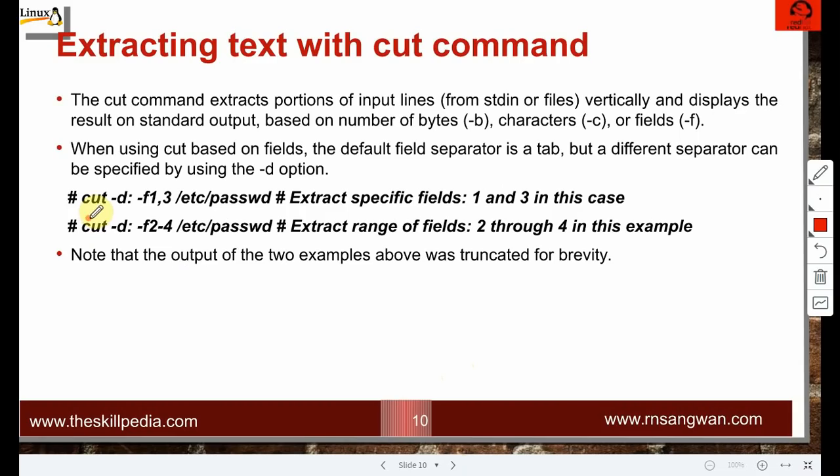I was waiting for this command long back, but this command has just come now. So we have already done it. Vertically cut the content from a file, with the delimiter and which field you want, and we have done that. However, if you want to specify a range of columns, like column numbers 2, 3 and 4, you can specify 2-4 also. So a range can also be specified. Alright.